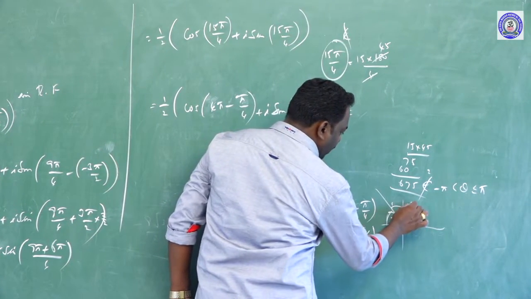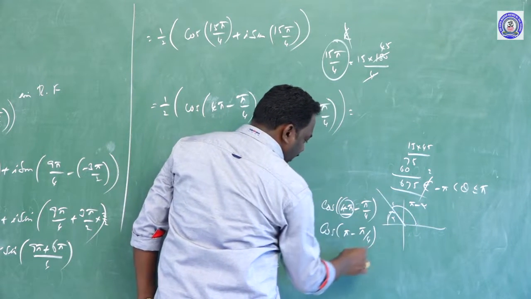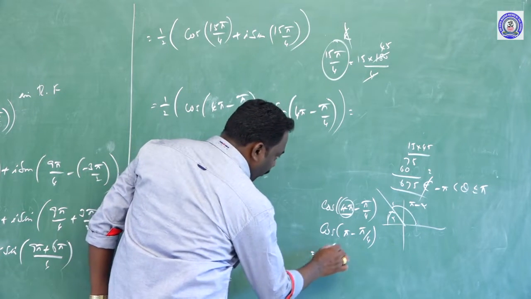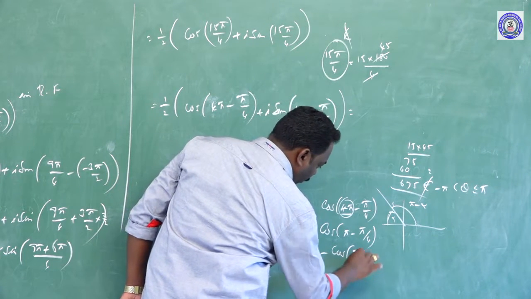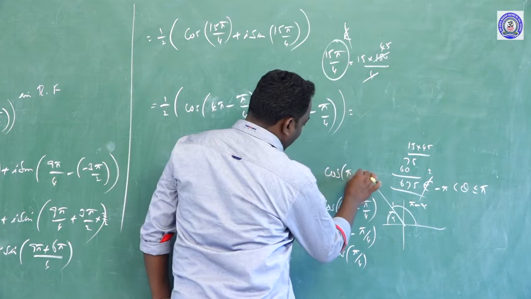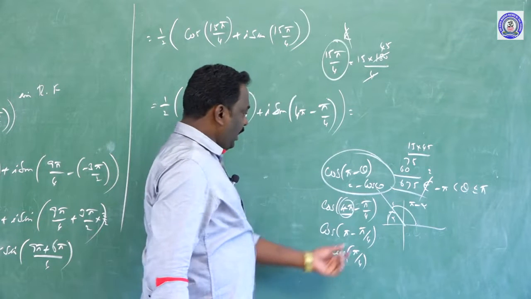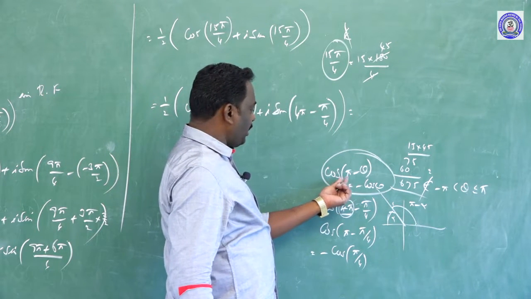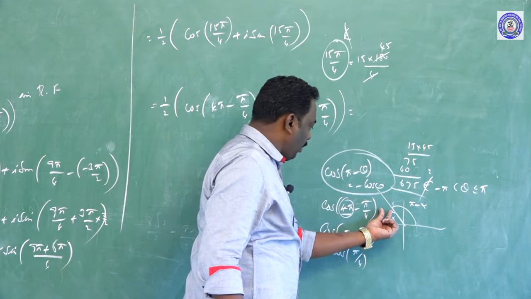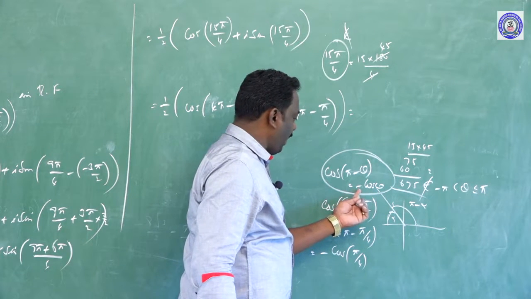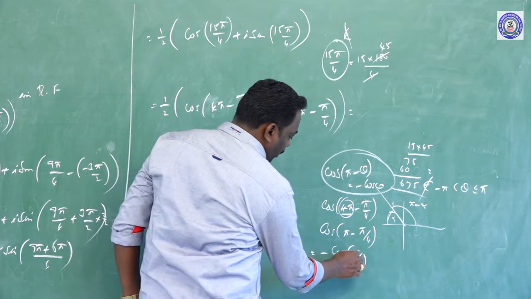Therefore here, from here to here it is pi minus alpha. So theta lies in the second quadrant, and the cos value is negative. Therefore minus cos of theta, where theta is pi by 4. Cos of pi minus theta equals minus cos theta, the formula. So theta lies in the second quadrant, cos pi minus theta equals minus cos theta, because cos is negative in the second quadrant. Therefore it is minus cos pi by 4.